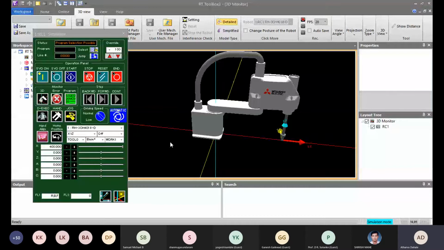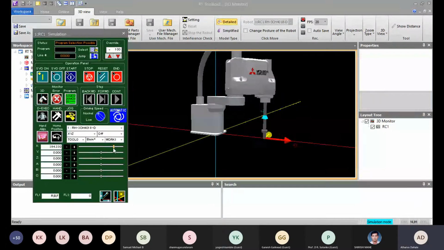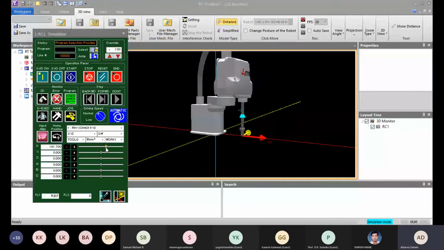So in XYZ, the robot axis only works in 90 degrees and 45 degrees. I'll show you how. If I move the X axis, you can see the robot is only moving in a linear direction.